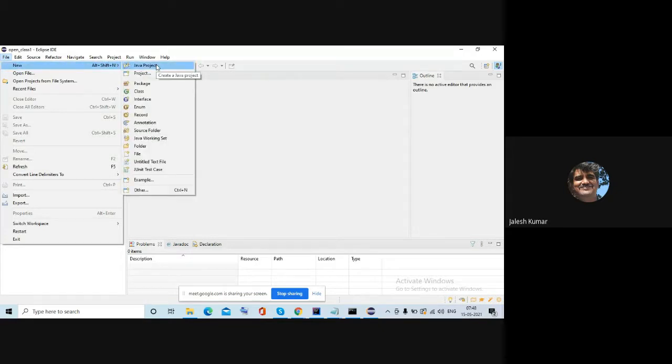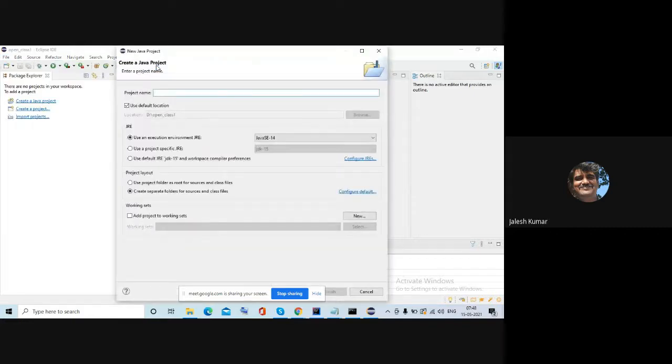In new Java project, you click on that. It will ask you the project name. Any project name, I will give class 1. Will give some name, and after that, finish.